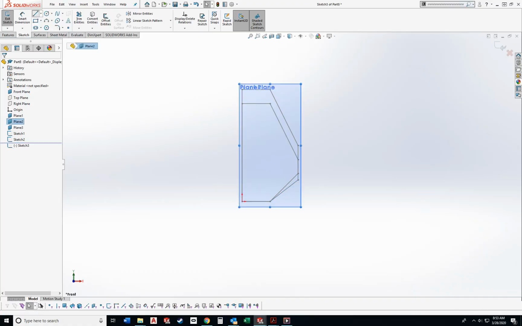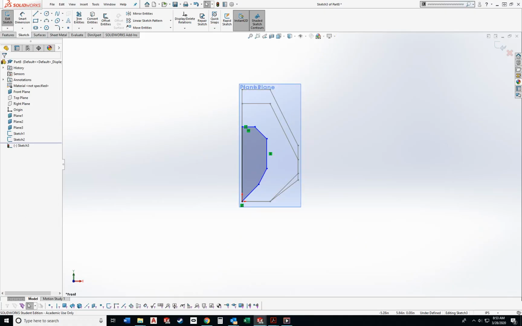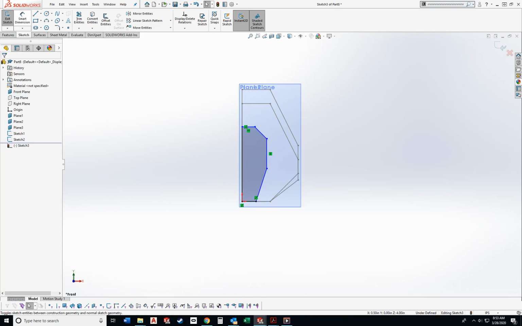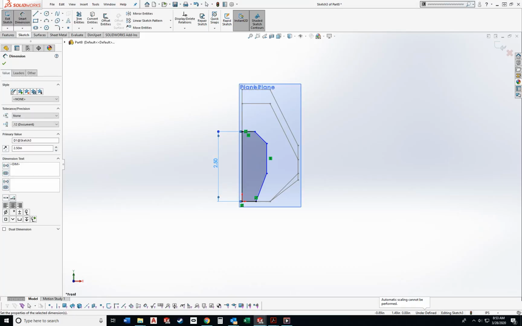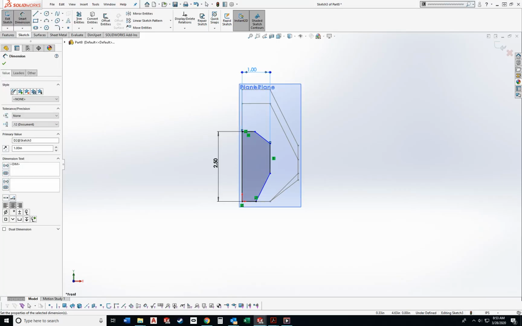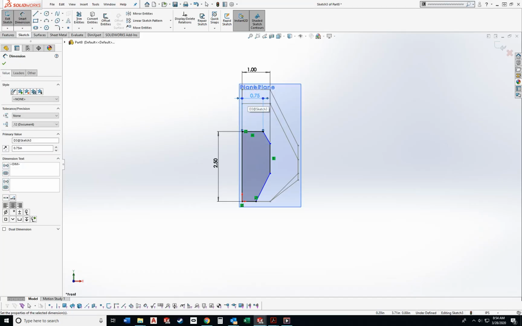On this plane, I'm just going to go ahead and draw in what we see. Very similar, let's see, very similar profile to what we've used in the past. And you know what? I kind of screwed that up. There we go. That's a little bit better. So now overall dimension here is going to be 2.5. Overall horizontal is going to be 1 inch, 3/4 inch,